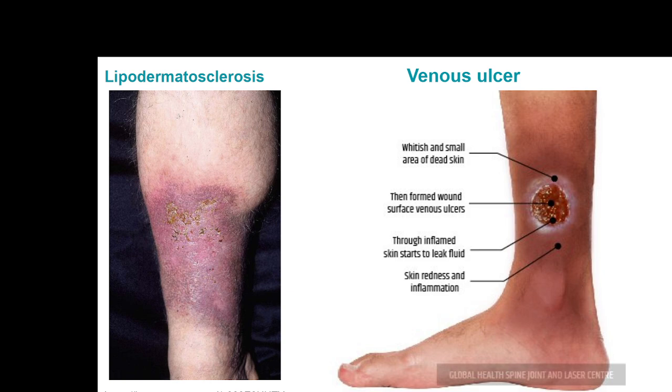Characteristically, a venous ulcer would have a whitish small area or ring-like appearance around the ulcer due to the dead skin. Then the surface of the ulcer would be thin and less granular, with absence of granulation, and there could be a watery or serous fluid which comes through. The skin around the area would have signs of inflammation or blackish discoloration due to the stagnation of the blood, and this kind of superficial ulcer, which usually occurs on the shin of the leg, is characteristic